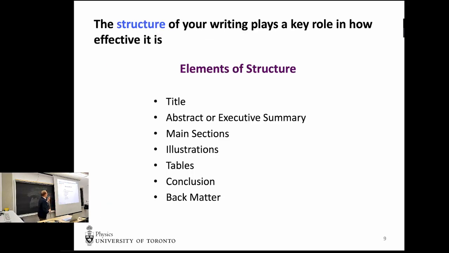Okay, so structure. Here I'm going to talk about something that's very specific, and this now really comes back to writing the reports or scientific articles on results. And so the typical structure you have, well, we all have titles. You can't get away from that. Abstract or executive summaries are often the case, usually an abstract. Sometimes if you're writing a report, you'll see an executive summary. Talk a little bit about what that means. There are main sections, pretty obvious what that is.